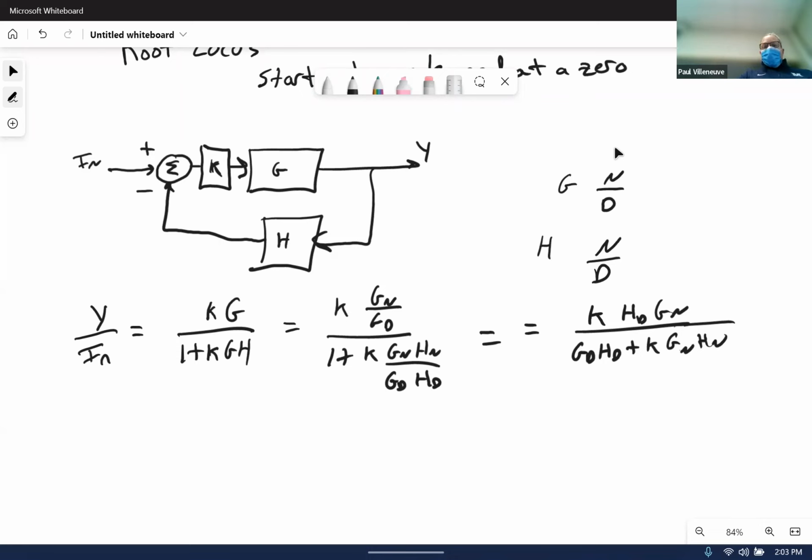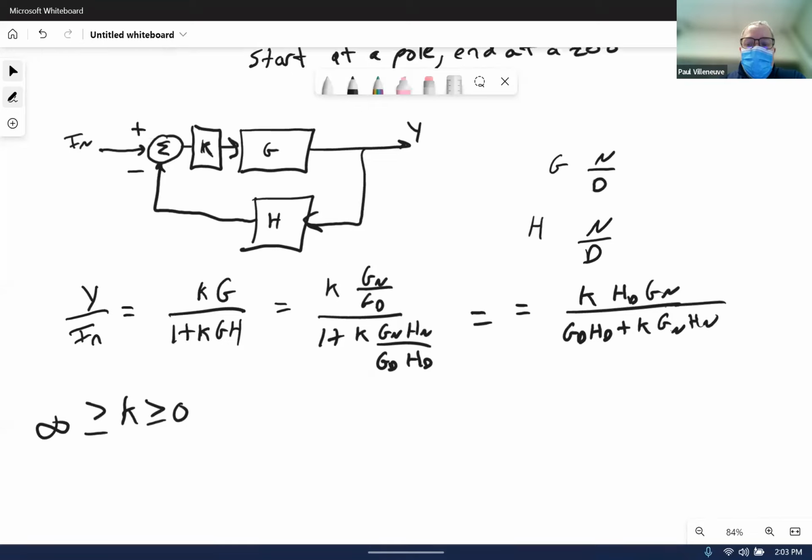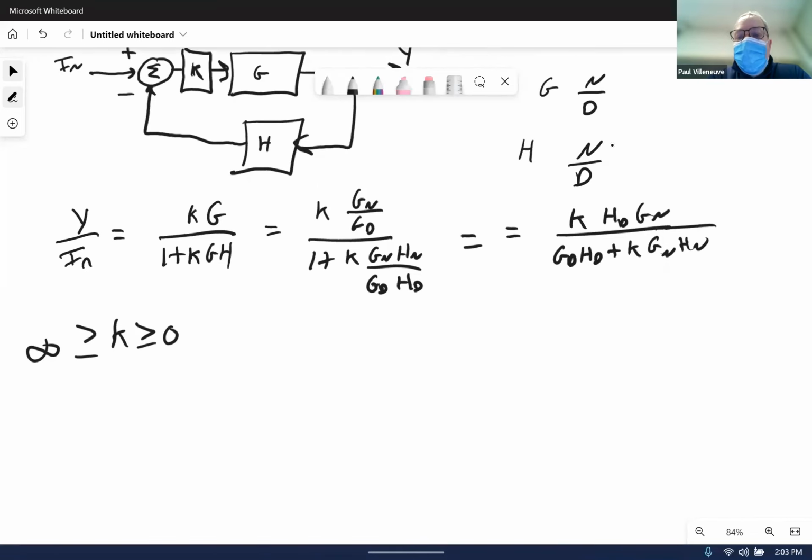So now we're going to allow K to vary. So K, we're going to start it at 0. So K is going to be greater than or equal to 0, and it'll be less than or equal to infinity. So what we want to do is take a look when K is very, very small. And we're only going to focus here on the denominator. And the reason why we focus on the denominator is this is our characteristic equation. So if we get the roots of our characteristic equation, then what we can see, or what we can say, is that we have,